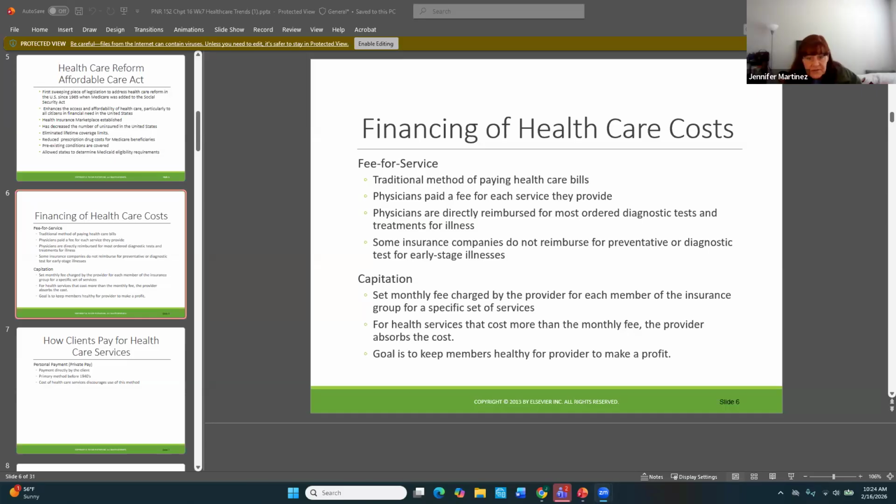But when it comes down to it, if somebody hits your car or something happens, you have that insurance to help offset the cost of repair. It's very similar with capitation. That provider is getting this set fee for you every month, but what happens if you don't go to the doctor every month? They're still getting that fee. So when it says that the provider absorbs the cost, a lot of times it's not really absorbing the cost, because if you don't use the services, that's still money in their pocket.